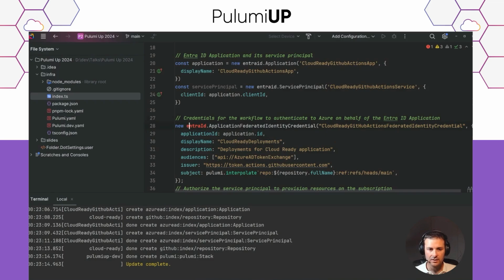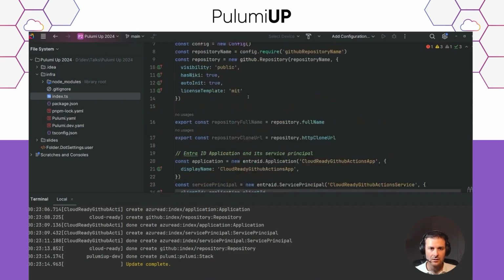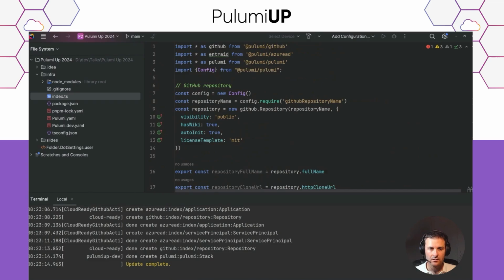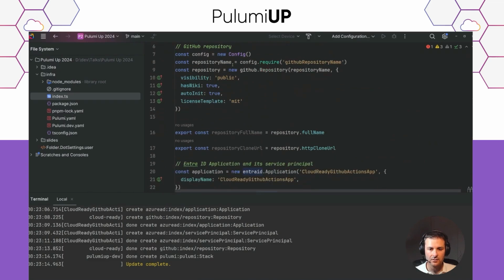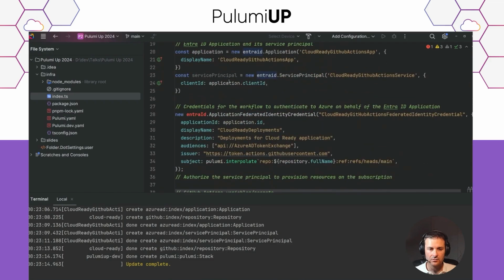New Entra ID. Create Entra ID like this. Okay.